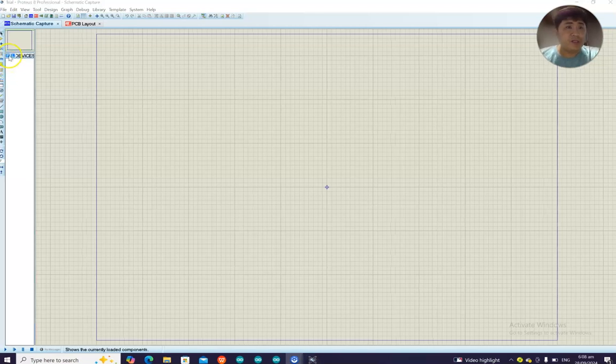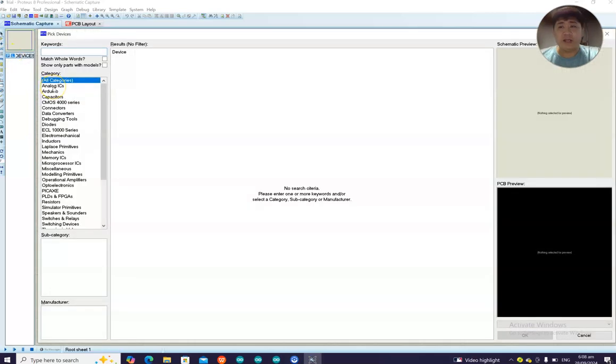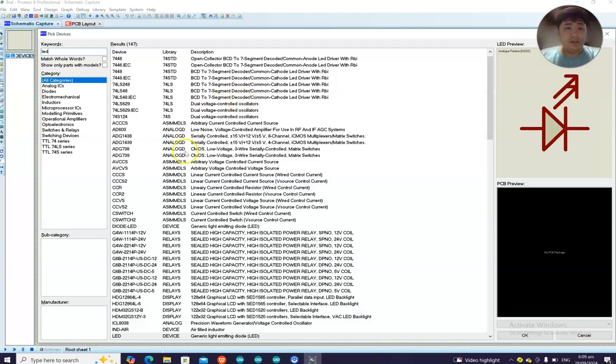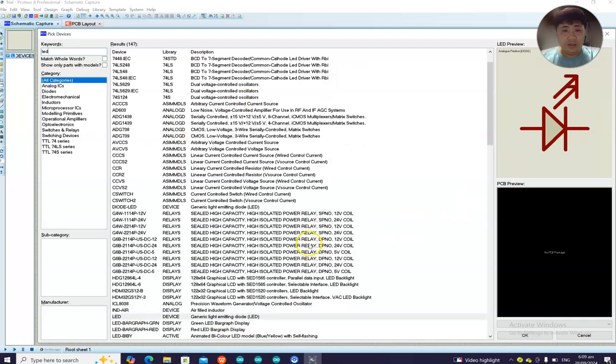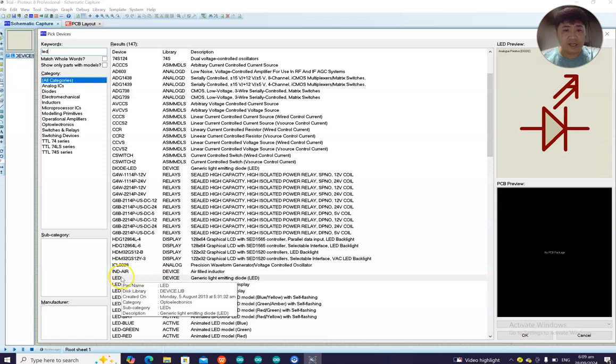This is where you find the different parts. You can just type what parts you want, like for example, you want an LED. Automatically it is highlighted here. This is the LED, which shows like this.